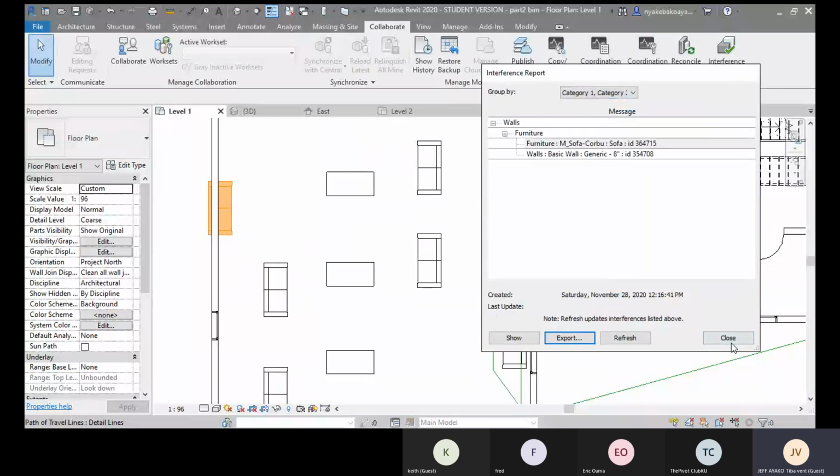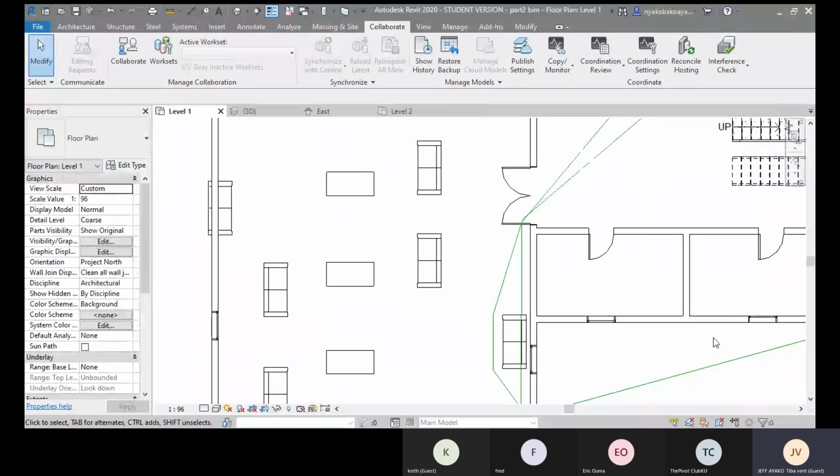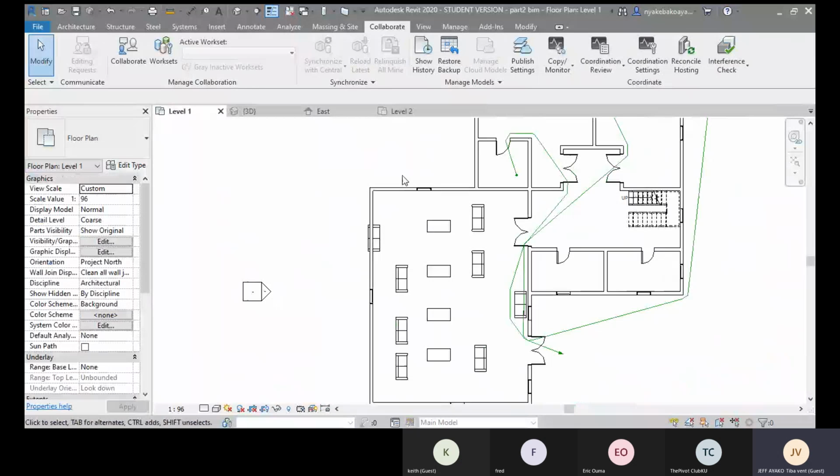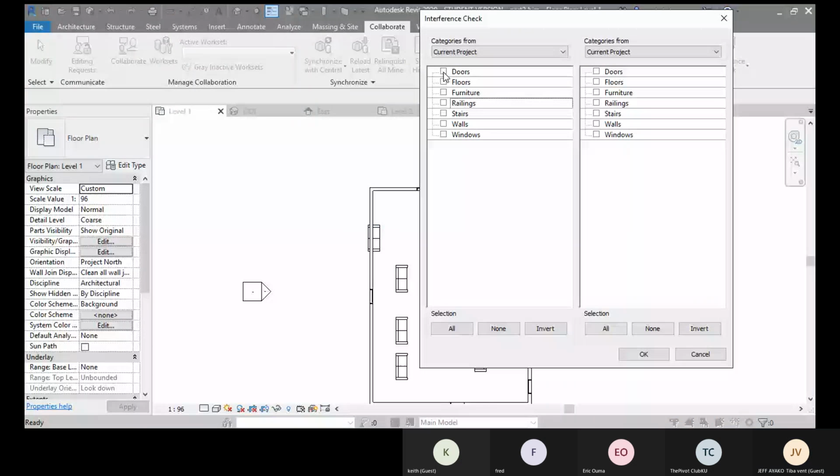But that's about interference. The interference test is something you can do with all of the elements. For this one, for instance, we knew it by default, but sometimes you don't know where the interference is happening. So what you need to do is to check. So under selection, you select everything,